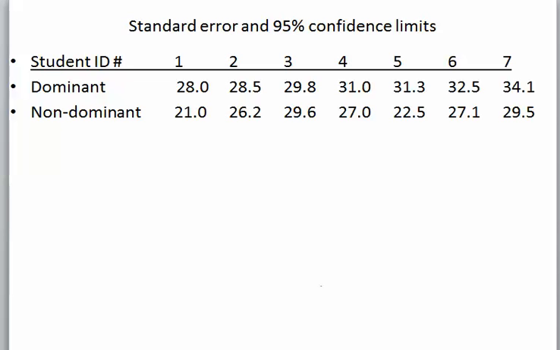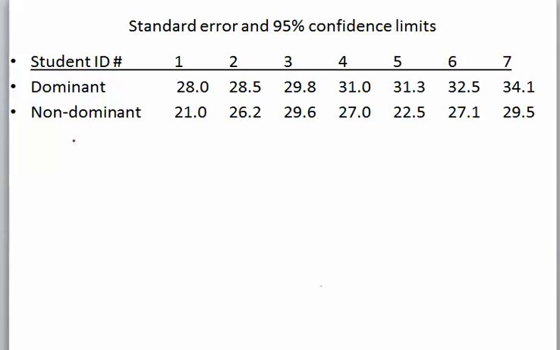So this is a little video about how to do standard error 95% confidence limits. I've got an example here of some data about grip strength in dominant and non-dominant hand. In each case there were 7 samples taken. And so if we're going to calculate standard error 95% confidence limits, the first thing we need to do is